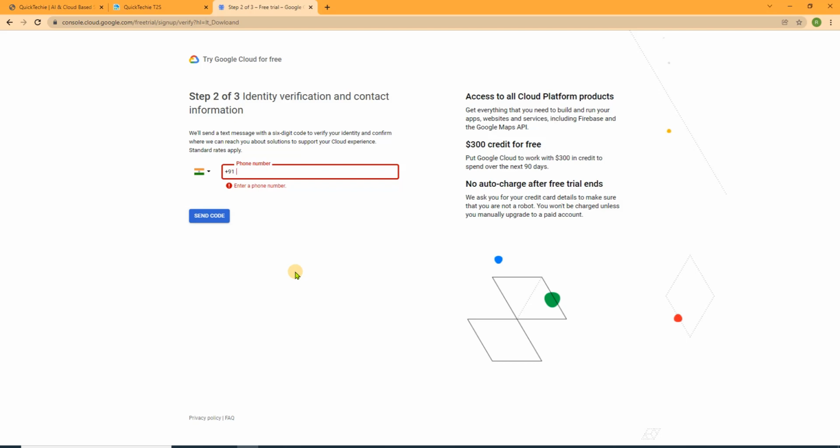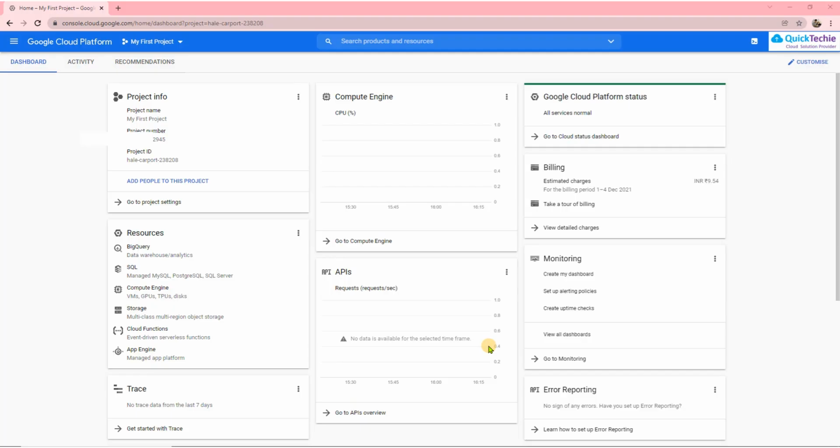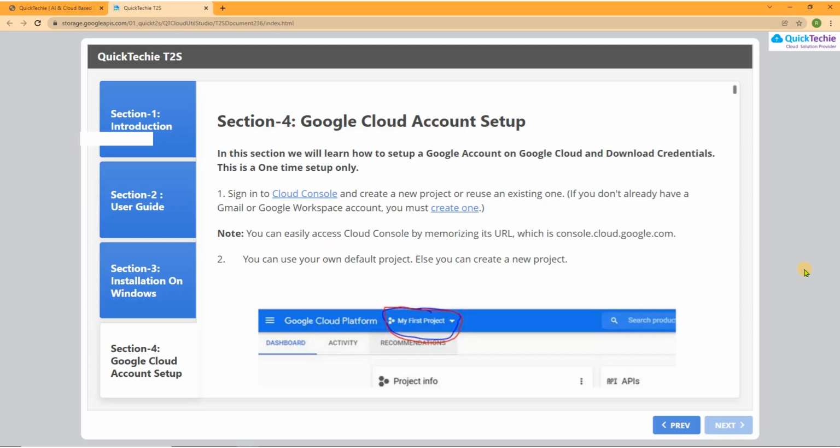Now I'll use a different account and show you the process. I'll follow from here, correct? Let me open a different account and show you how things work. This is using my Gmail account, which is a simple screen, an already set up Google account and everything. That is what you would also see in your case. Now let me follow the documentation.